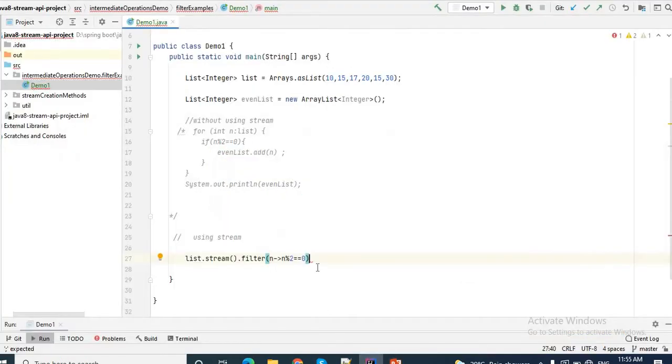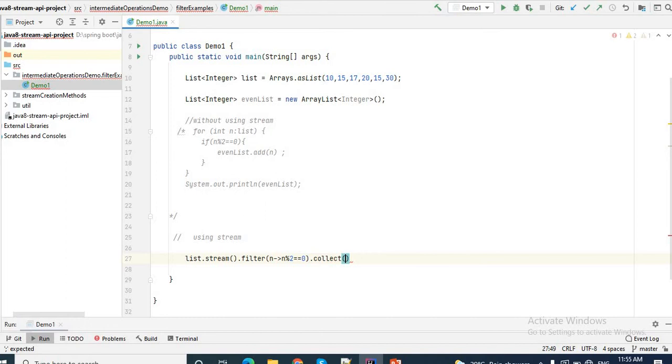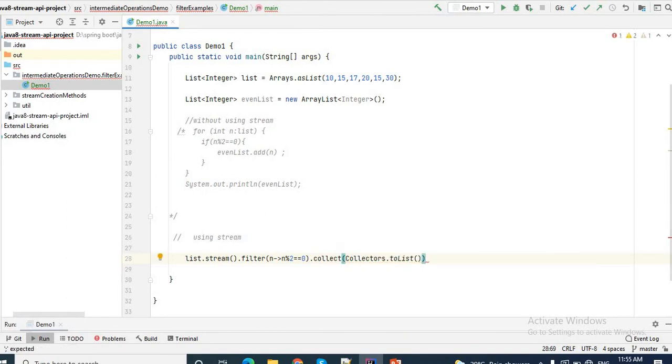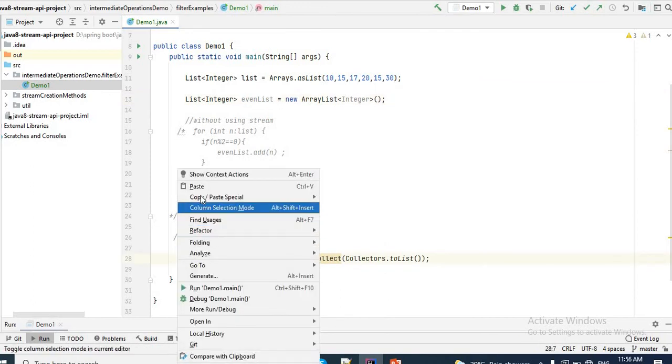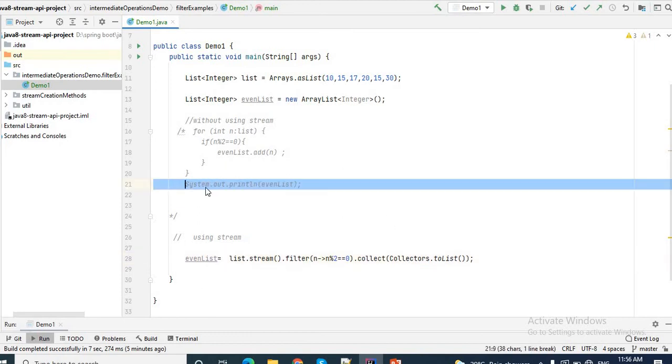So let me just collect it to another list. For this I need to use a terminal operation. I am using collect with Collectors.toList. This will give me another list. Let me use this evenList to store it. Now if I print this value, I will get the same output.